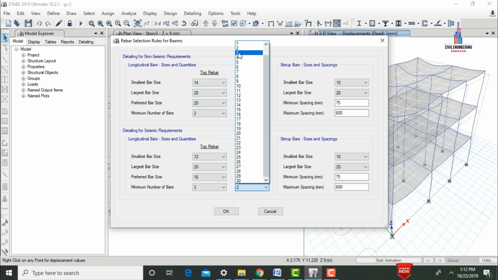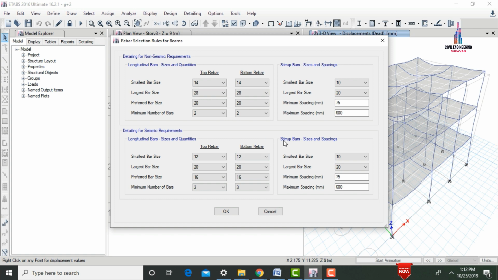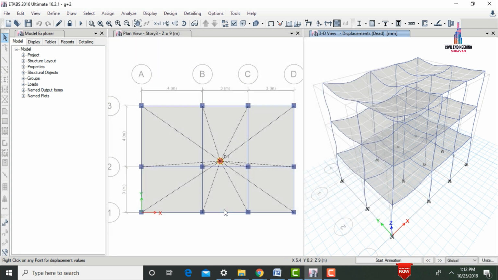the bottom reinforcement. After that we need to select the stirrup bar sizes for these beam sections. Here I am selecting the smallest bar size as 8 mm, and the largest bar size as 10 mm. After that we need to enter the minimum spacing as well as the maximum spacing. Here I am considering 50, and again 300. Click on OK. So after selecting the values for the rebar for the column sections and beam sections,